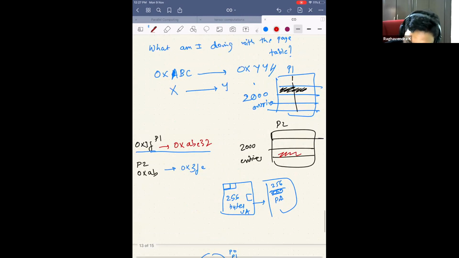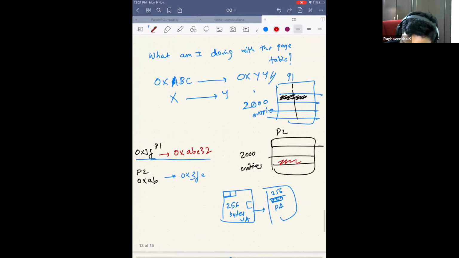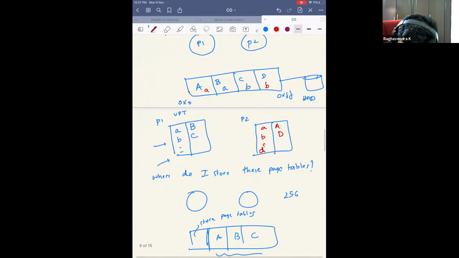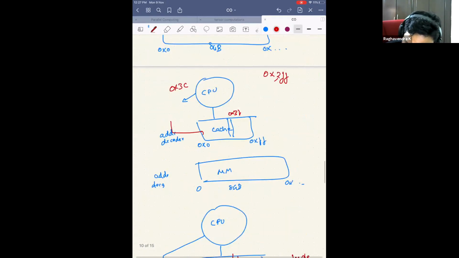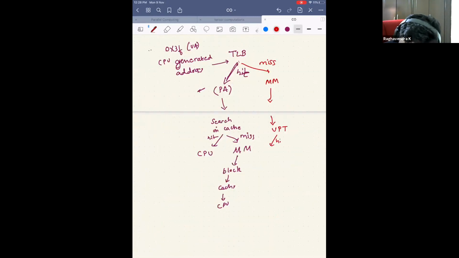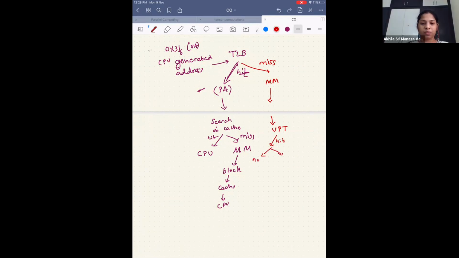We'll come back to it later. I will add it again. But let's say we go back to this translation, right? Maybe the CPU has generated an address, say C, and it says that C is now mapped into the hard disk. So it's a hit in the page table. Now there are two cases. Let's finish off the easiest case. There's a hit in the page table, but it says that it is not in the main memory.